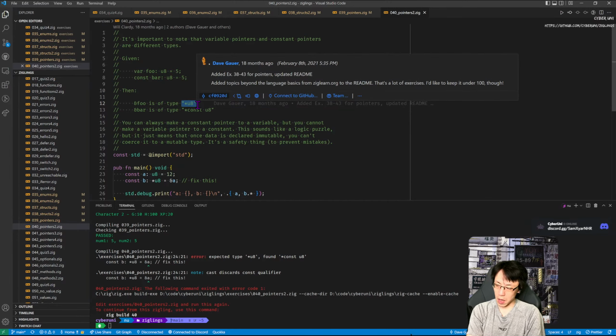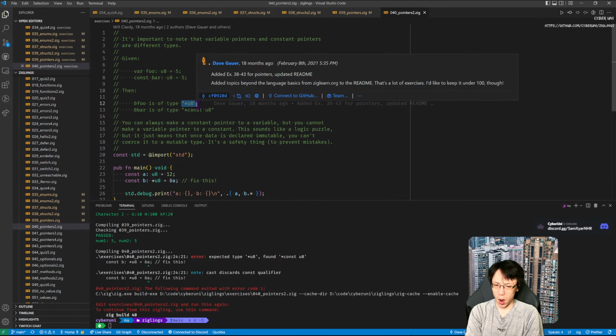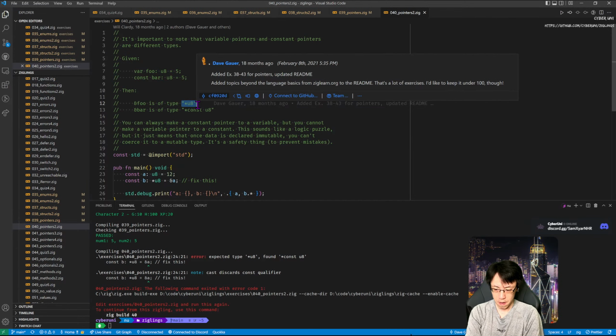And in a multi-threading environment, could that be a problem? Syntactically, it is okay, but semantically, it does mean that